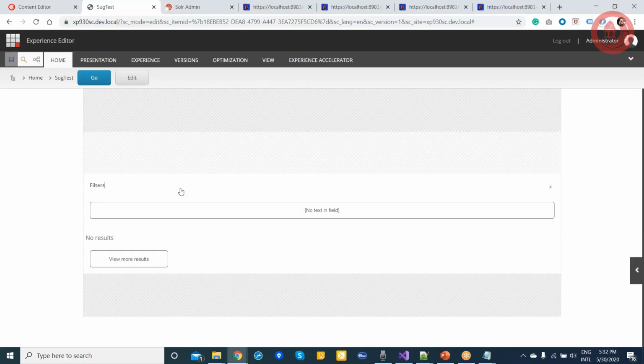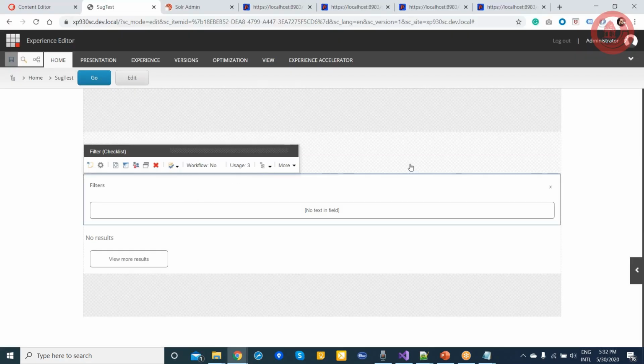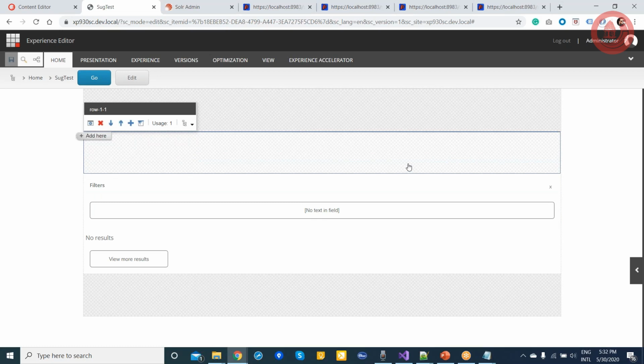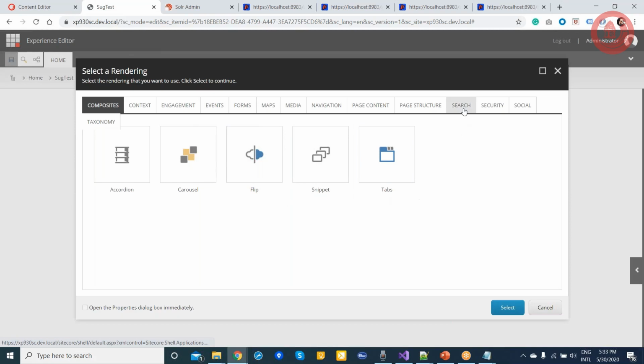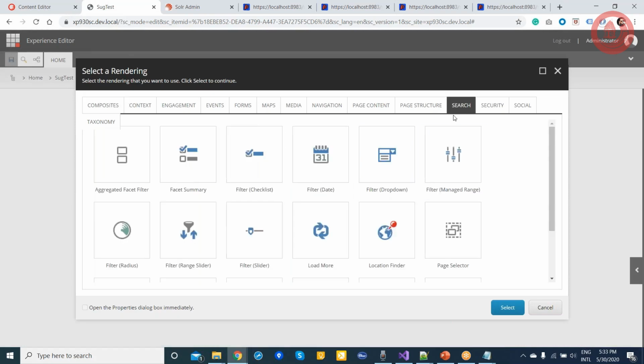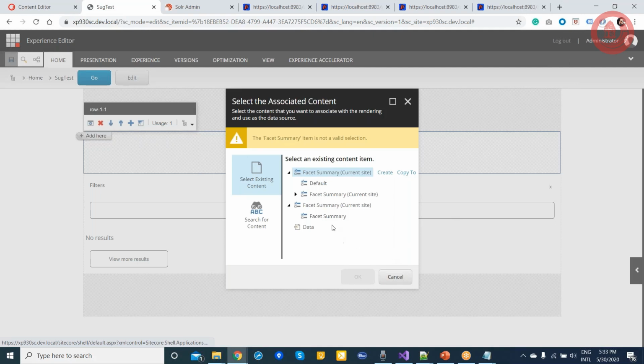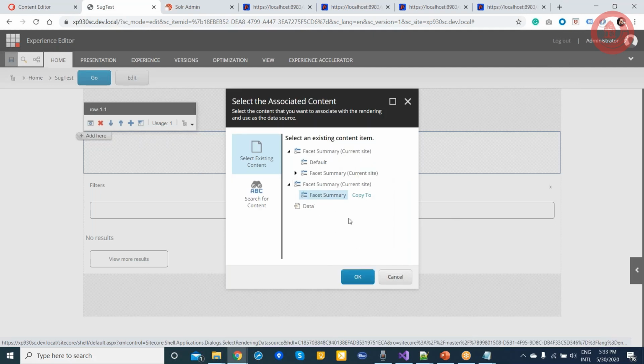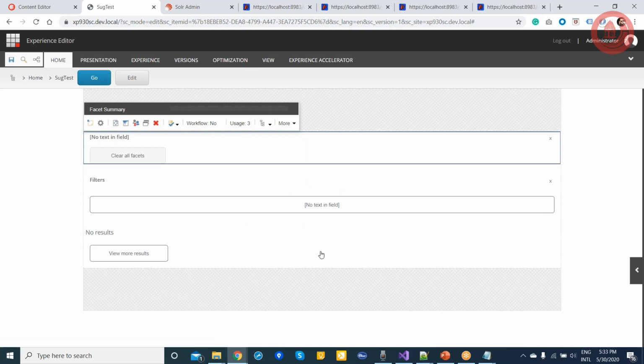Now, if you want to apply the sorting, again, this is out of the box. You can apply the sorting, and with 9.3, there is a good option where if you want to show the selected facet, which is a facet summary. If you select this facet summary, and if you click the facet summary here, I've just created,